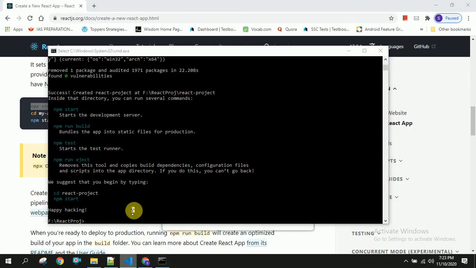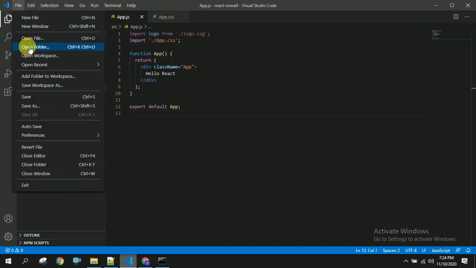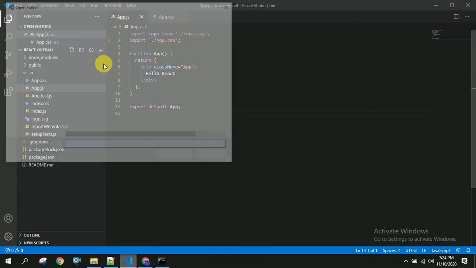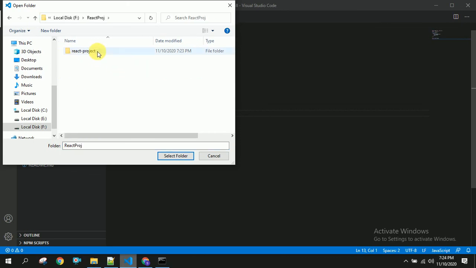Now we are going to Visual Studio Code. If you are using any other editor, I strongly suggest you use Visual Studio Code, because we will have IntelliSense support and everything here. We will have many options like extensions which will be helpful for most of our application code when we are writing. So here we are going to open the project. This is the project we have created.